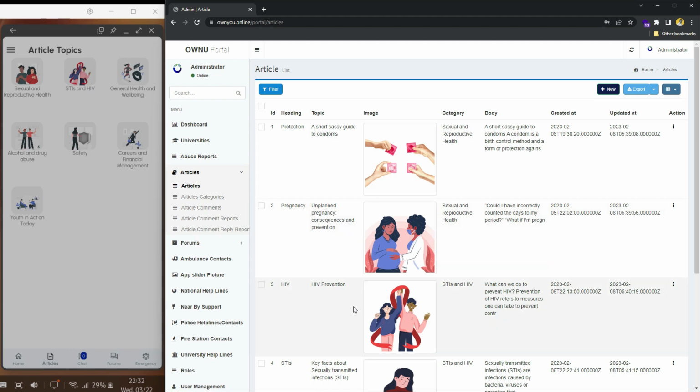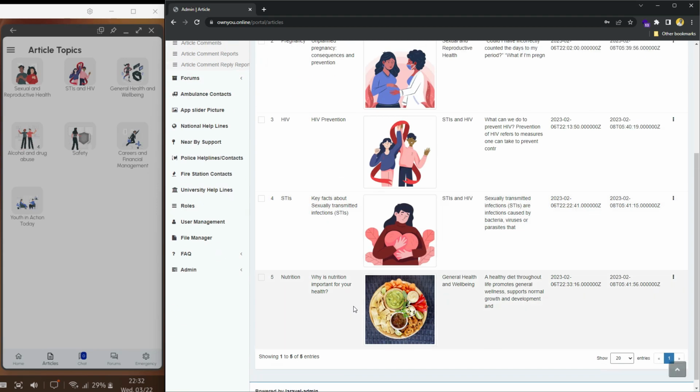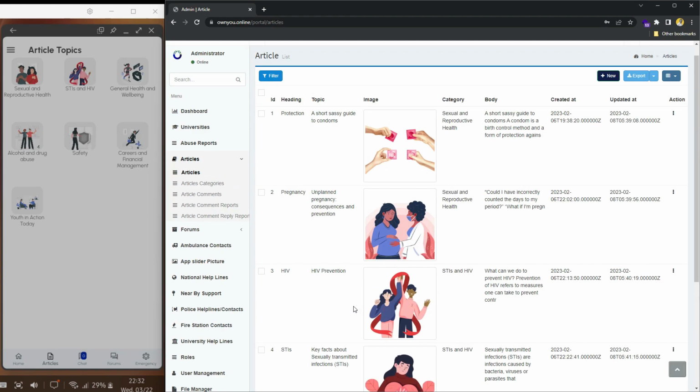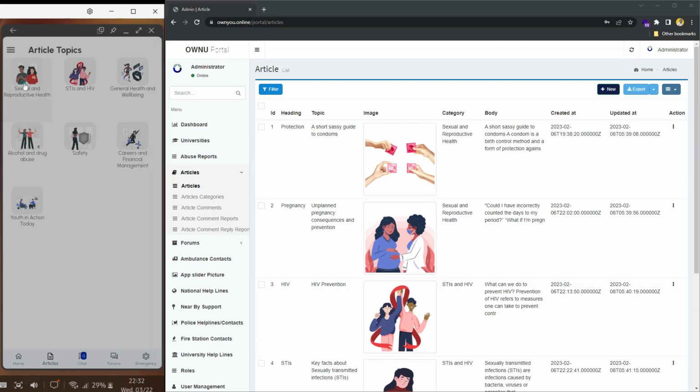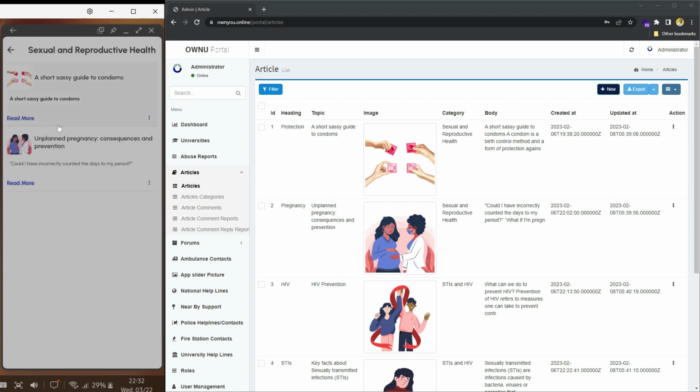I'm going to show you how to create a new article, edit an existing one, and delete an article that is no longer relevant or that is now unwanted, right? So here are two example articles that are shown in the mobile application, and these are the two that you can actually see in the admin panel. What we want to do is add a new one,